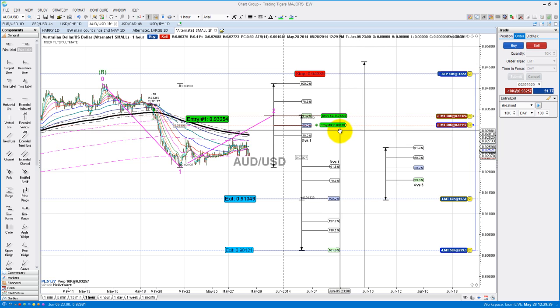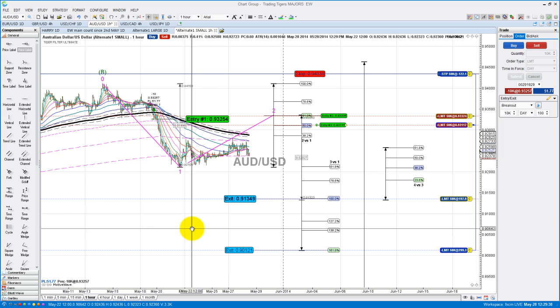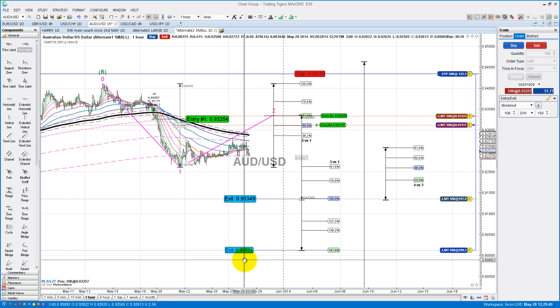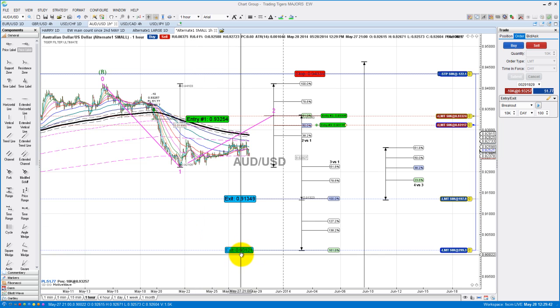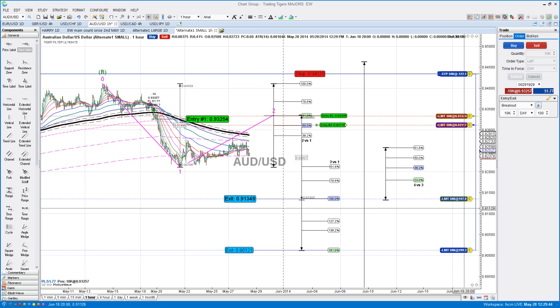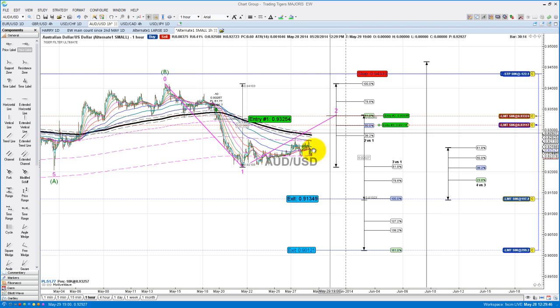Okay, so we're entering at 0.93115 and stop at 0.9433, and the exit is 0.9012. So that's the trade setup I'm going to give to you for today on the Aussie CAD on the